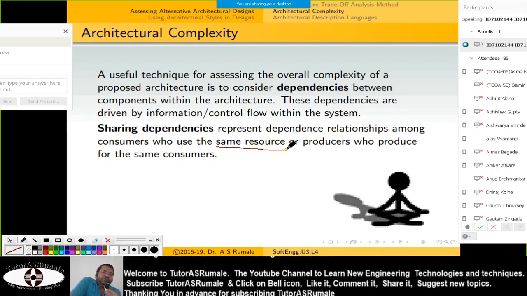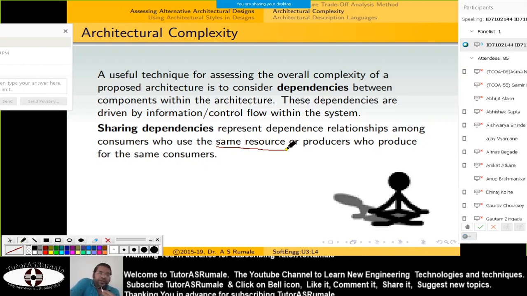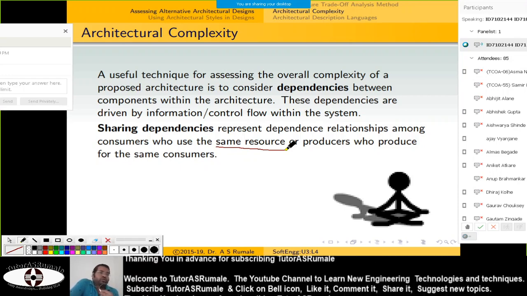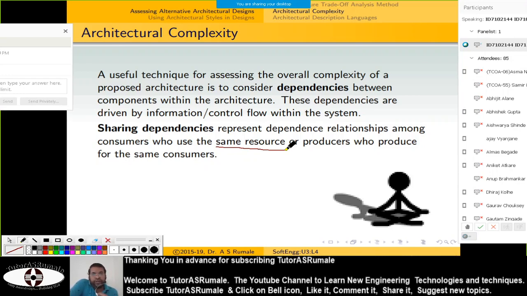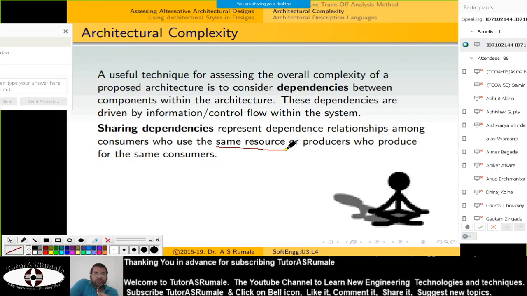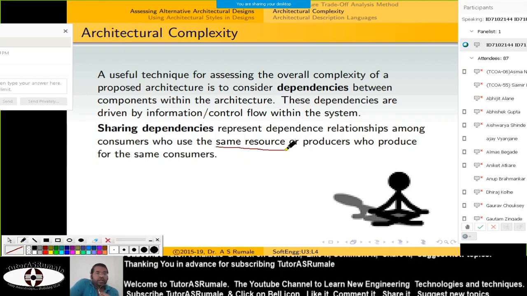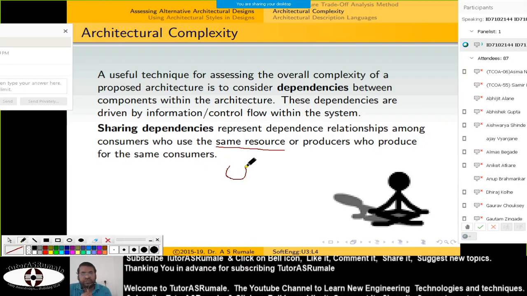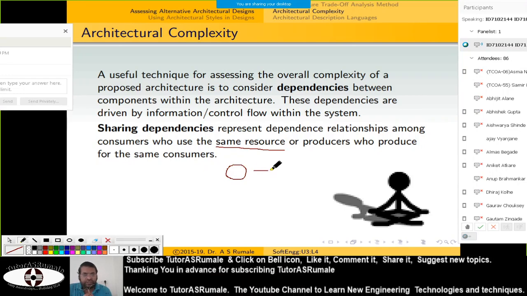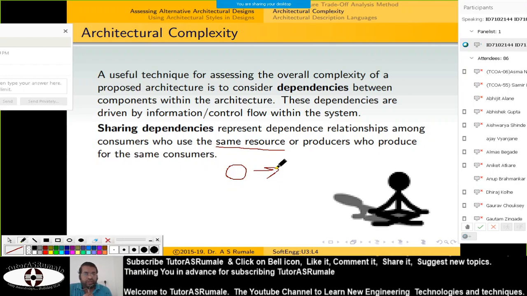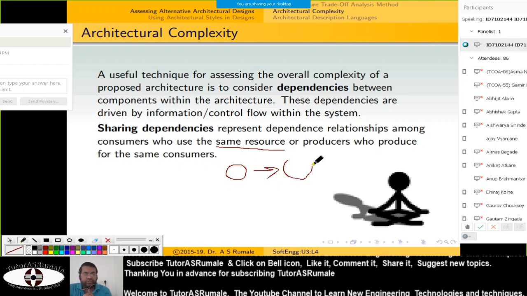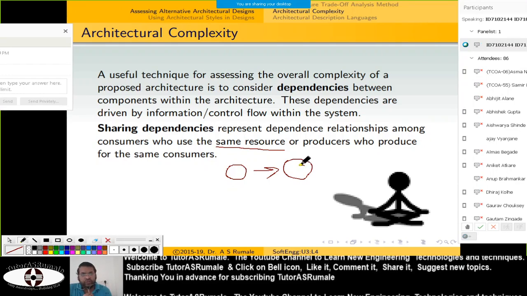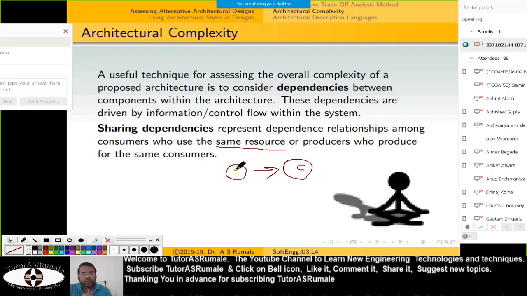Okay, so now if you have a non-shareable resource like a real printer, and you want to print some data, and you have two or three modules who want to send data to this printer, then this same resource produces who produces and who consumes, like this. Suppose one process is producing certain output, then this output is actually consumed by another process. So we say this consumer process depends on this producer process.